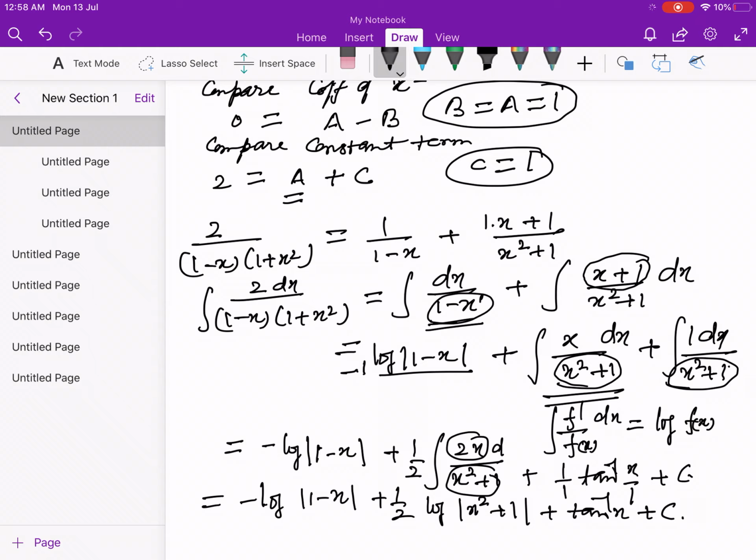So what we learn in this particular quadratic expression is that when we do the partial fraction, this portion is to be split into two parts. This one as this integral and this integral. Its answer is always going to be what? This f dash x upon f x, that is log of the function. And this is to be done by the special integral formula here. So this is how we can get the answer.